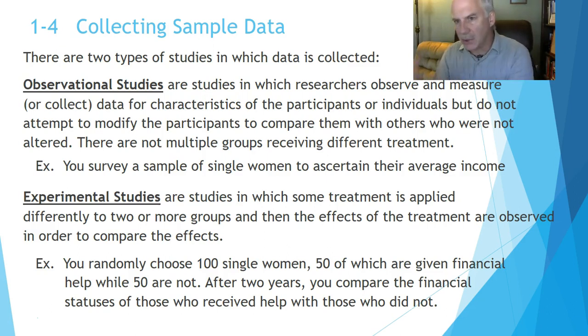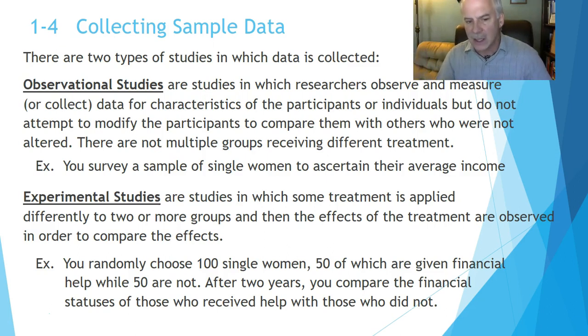That financial help might be advice, might be monetary help, but 50 of them get the financial help, 50 do not. So after 2 years, you come back and you talk to the women